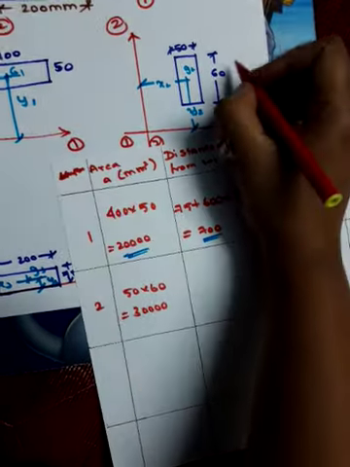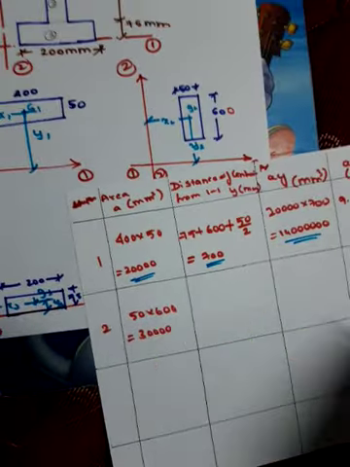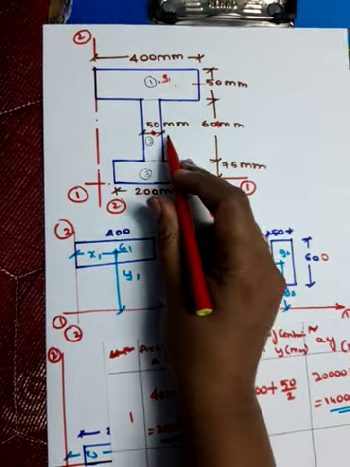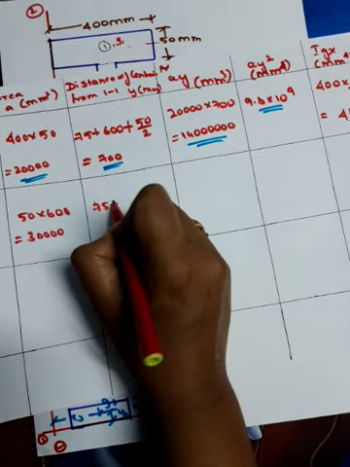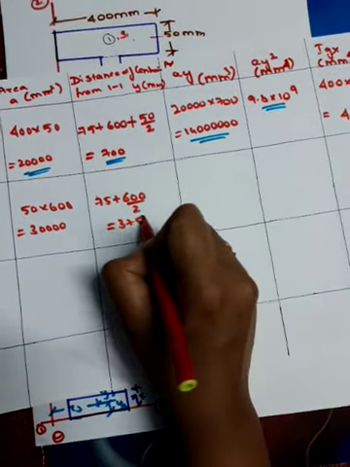Sorry, you can see this is 600, so this is 600 mm. Now you have to calculate the G2. No, G2 would be somewhere here. So you will be getting 75 plus 600 by 2 you have to write. So it is 75 plus 600 by 2, which is equal to 375.